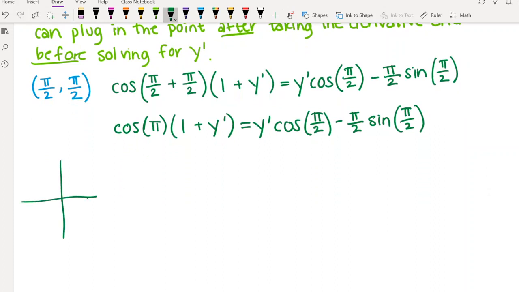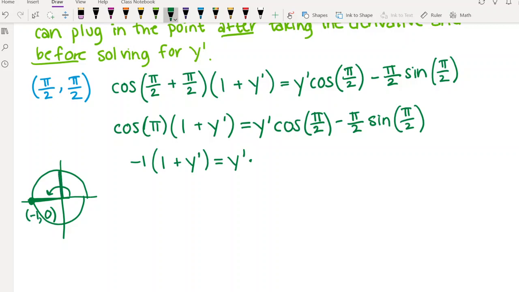So we have 2 different angles. So one of them is pi. So pi is going to be over here. So this is an angle of pi. And so this point here has coordinates of -1, 0, right? Just like looking at the unit circle. And so that tells us that cosine of pi is -1. So we're left with -1 times 1 plus y prime is equal to y prime times,